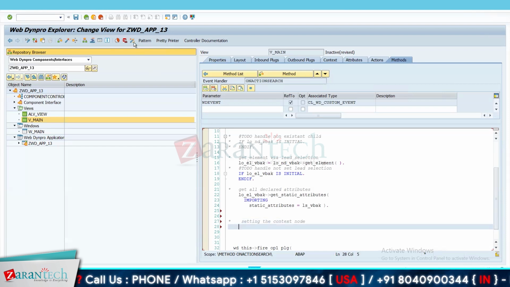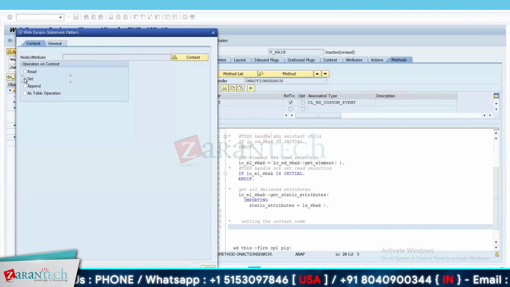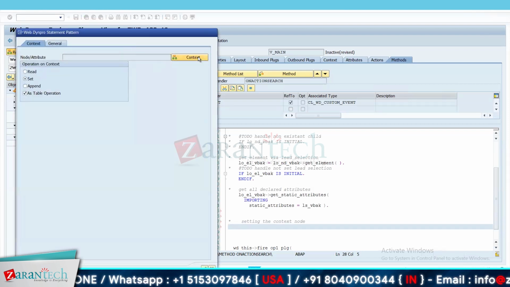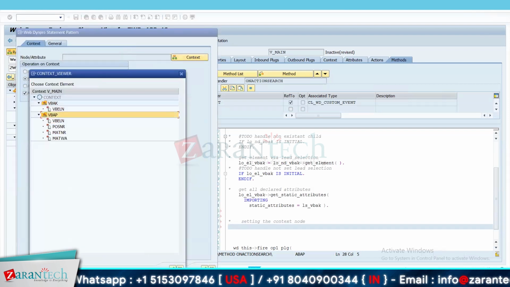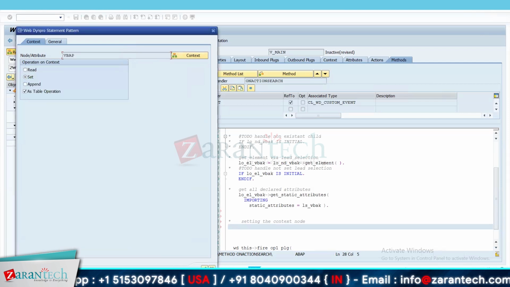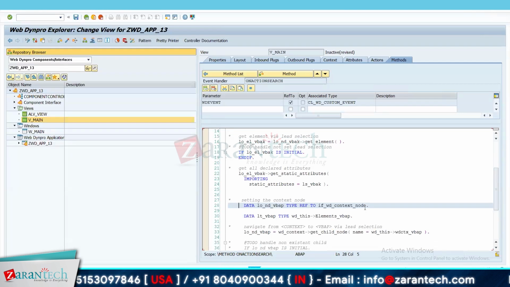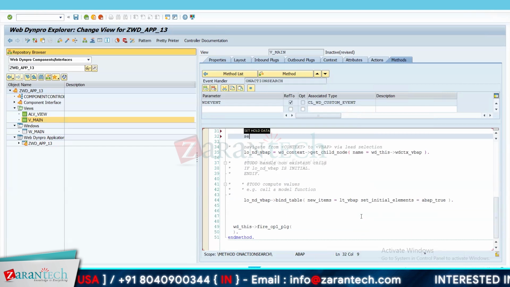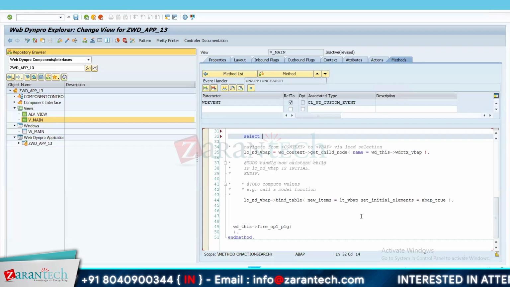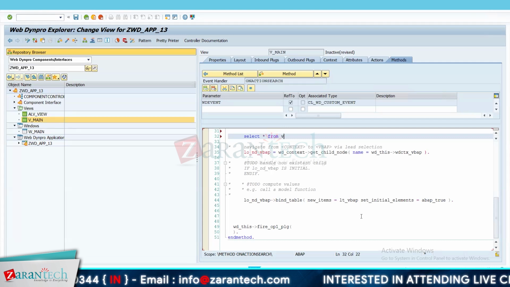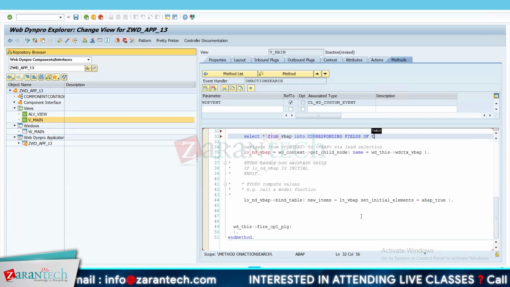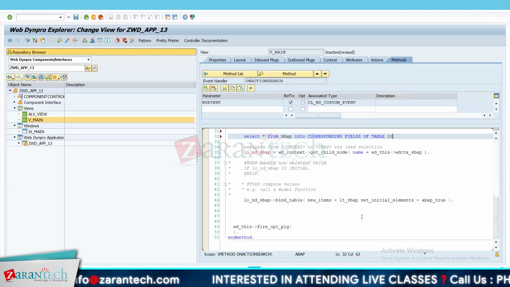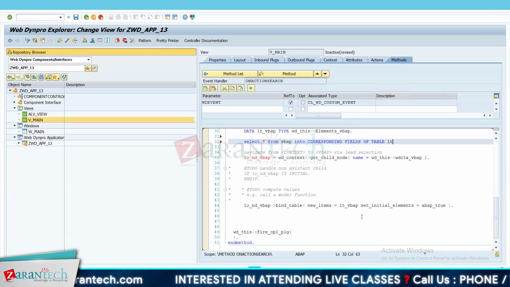So now I will use again the WebDynpro code wizard. I will now use the set and as table operation, and I will use VBAP. So what I will do, I will write a select query for this to get multiple records. Select star from VBAP into corresponding fields of table LT VBAP,